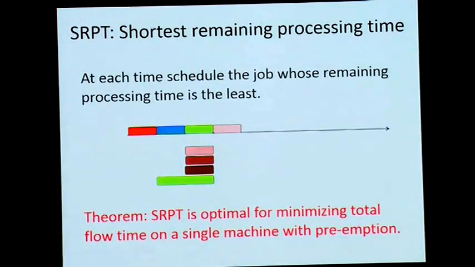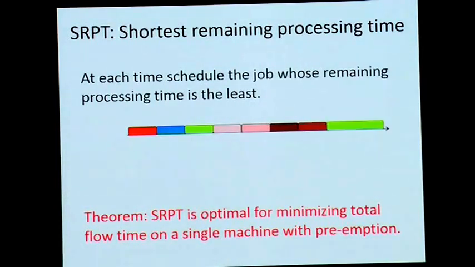Any one of the brown jobs, because they are identical, they have the same processing time. So I schedule one of the brown jobs. Still, at time 4, the brown jobs are better than the green job. So I'll schedule one of the brown jobs and another brown job, and now finally I'll schedule the green job. And this is optimum. What that means is that any algorithm which knew all future requests will not be able to beat this in terms of the total response time or the total flow time. This is the best algorithm possible.